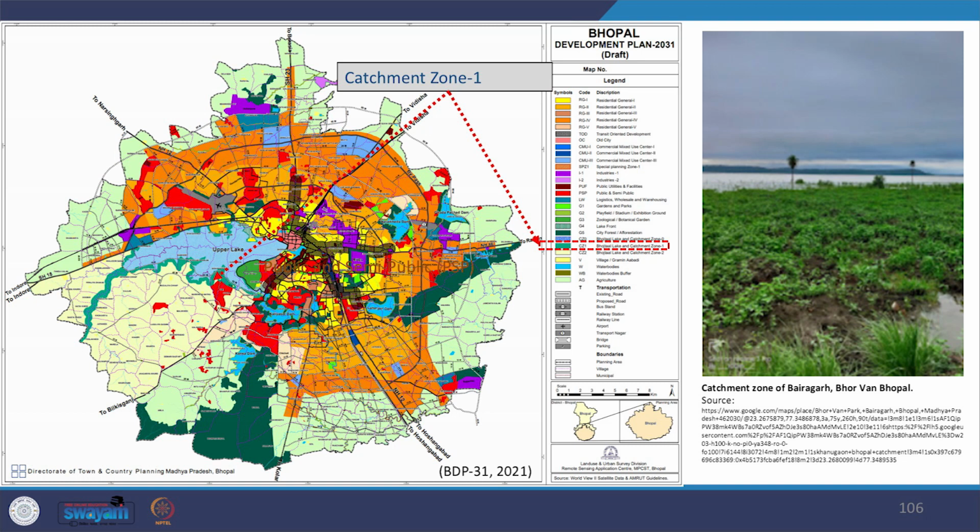Moreover, you also see that the lake and catchment zone has also been identified at CZ1. This zone has been delineated as most sensitive areas with stringent regulations around it. So you see Bhojtal. This zone has been delineated incorporating areas within, like they have created buffers of 50 meters and above, and so on, and what kind of activities would be allowed in there.